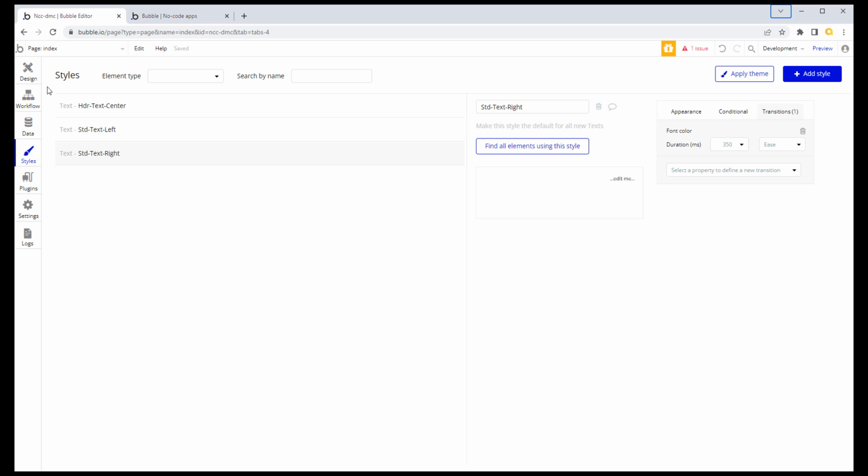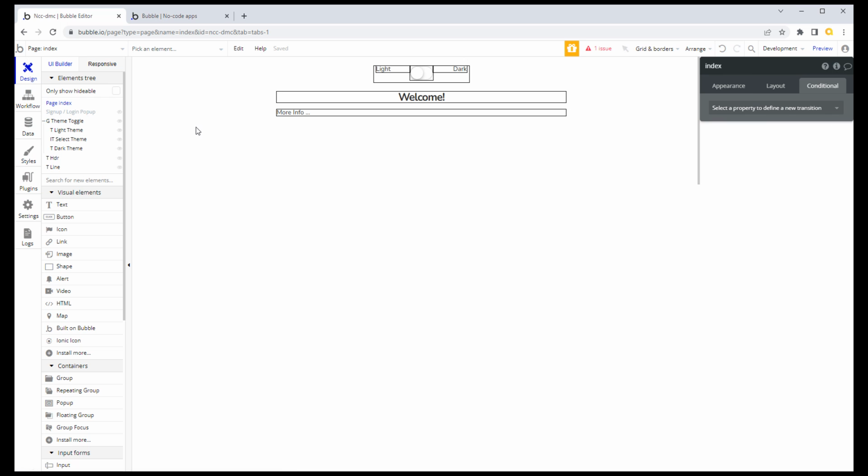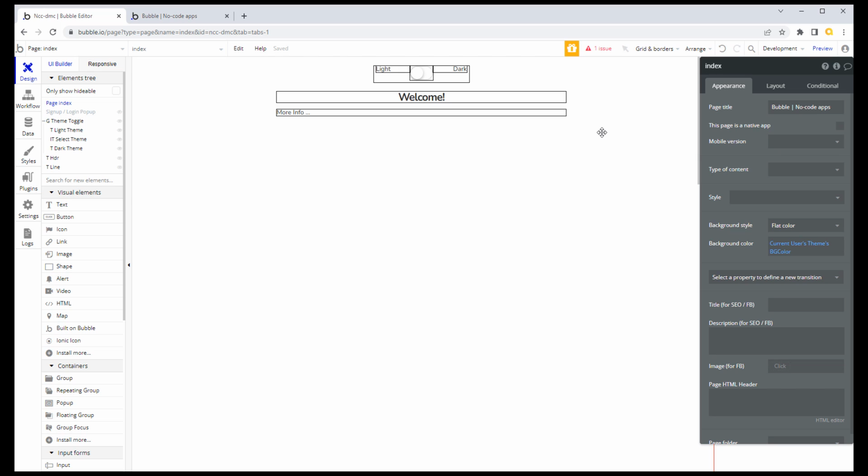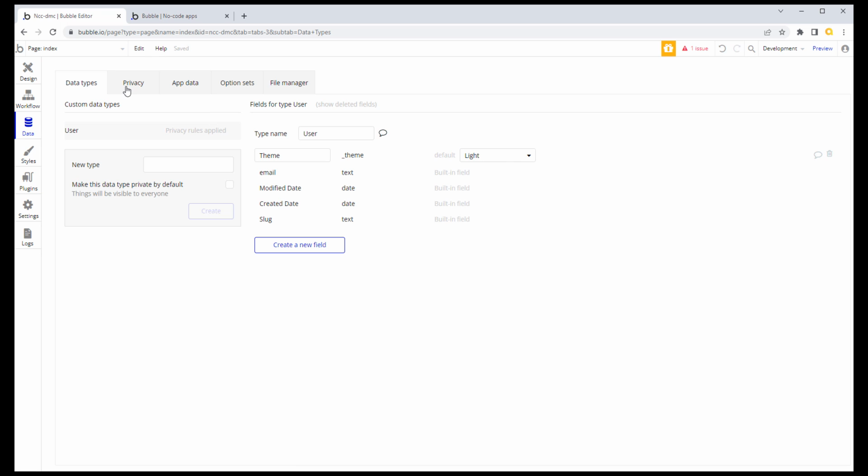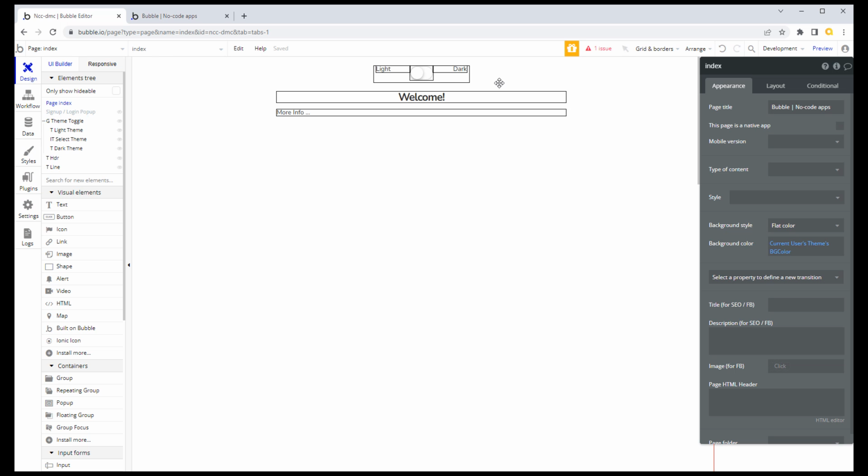So just a quick recap is you use your styles as you would normally do. Oh, actually, there's something that I forgot to mention: if your app is one that doesn't require a user login, if it's a public facing application, and you still want the user to be able to set these, that's why I set the default on here to be light. So if you run the app, I've got the user logged in at the minute, but